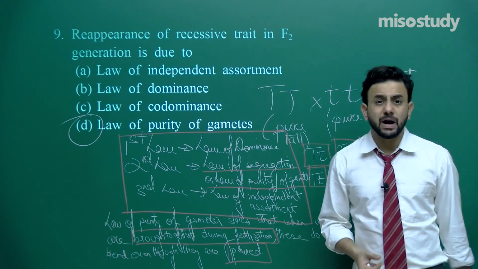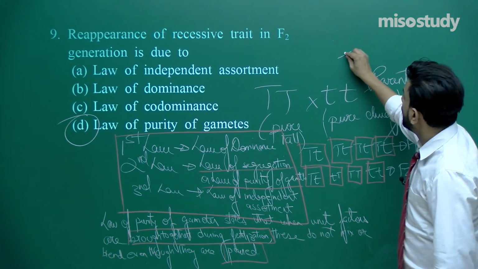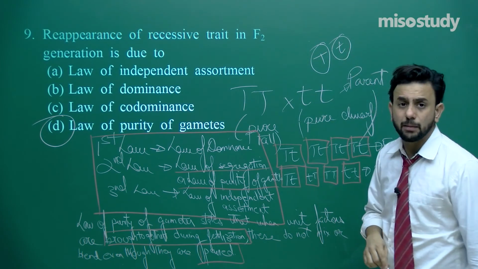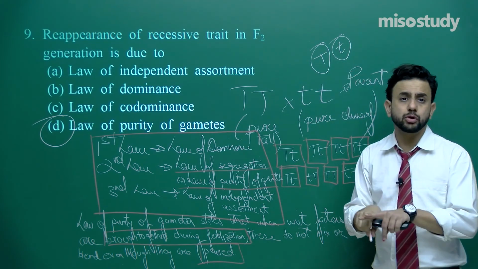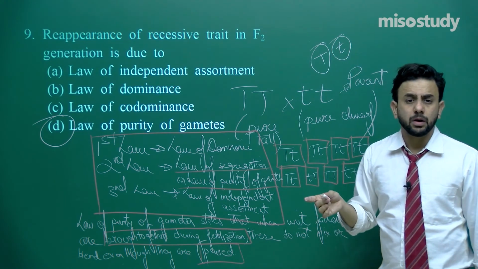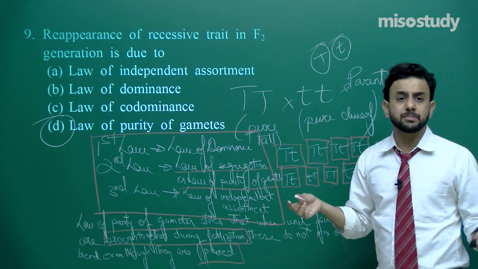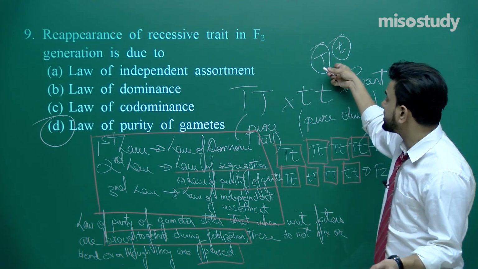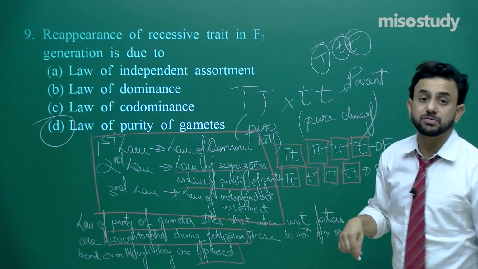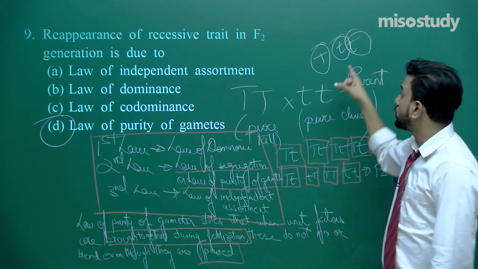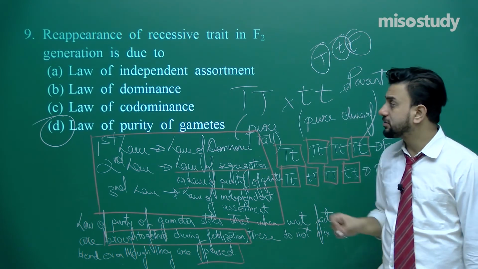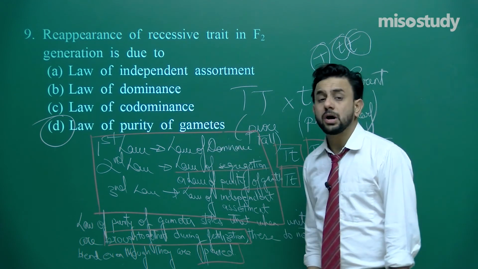If there is a capital T coming from one of the male gametes, say, and a small t coming from the female gamete, when they come together, it doesn't mean that small t is losing its significance. It is only becoming tall, so it is losing its expression in the first generation. When this small t is combining with another small t, it is going to show the dwarf condition, and that is what the law of the purity of gametes or the law of